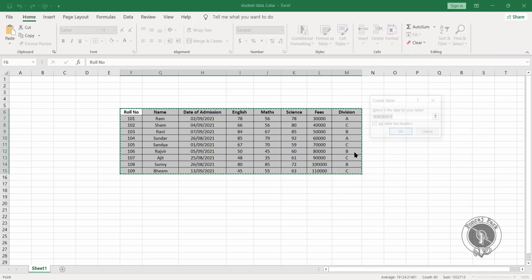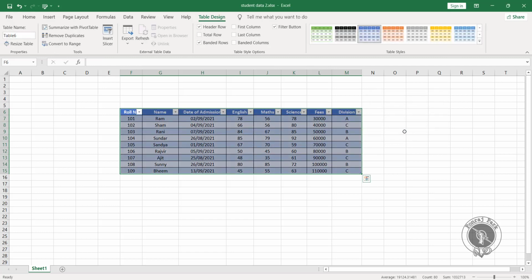Suppose I choose this, and here you will get a pop-up in which this cell range will appear. Then we have this checkbox, My table has headers. If your table has headers, you will just keep it checked. If your table doesn't have headers, you can mark it as unchecked. Then simply click OK.